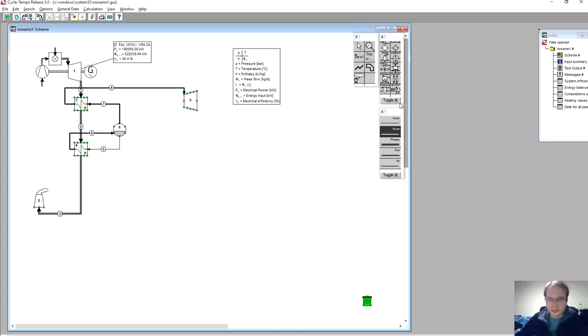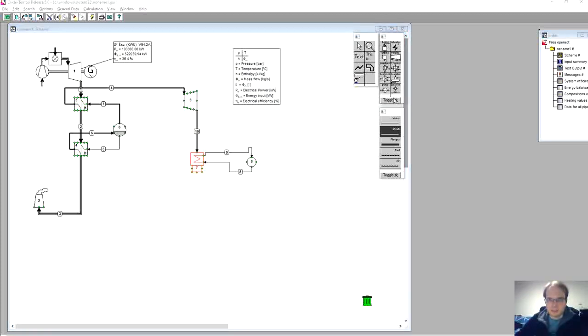And now for the other parts of the steam cycle, we will need a condenser after the turbine. We will need a cooling circuit. Let's make it nice. So steam goes from the turbine into the condenser, where it condenses, and then a pump. The condensate pump increases the pressure,